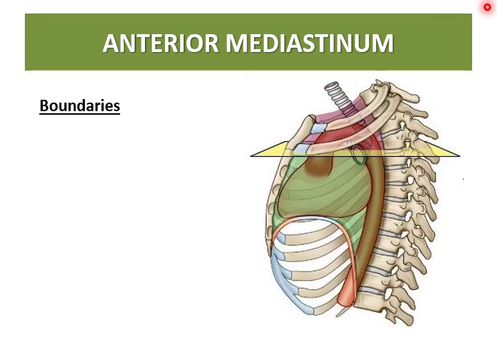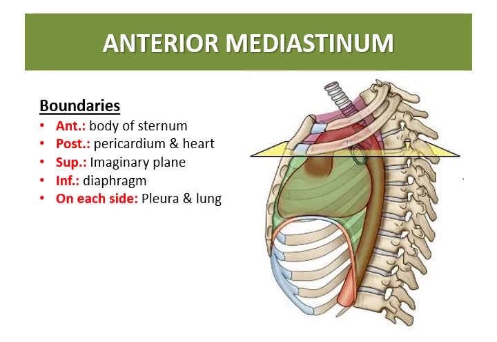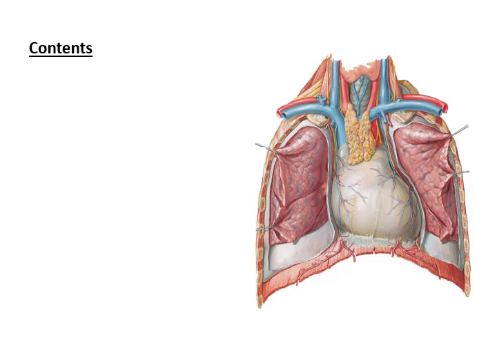Now let's come to the anterior mediastinum. At first the boundaries and then the contents. The boundaries are anteriorly the body of sternum. Posteriorly we have the pericardium and heart. Superiorly we have the imaginary plane at the level of sternal angle. Inferiorly we have the diaphragm. On each side we have the pleura and lung. The contents are